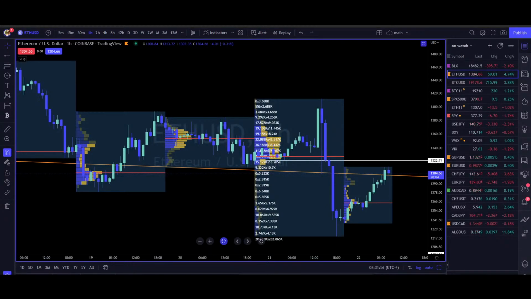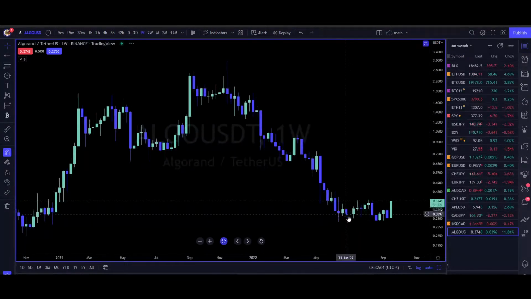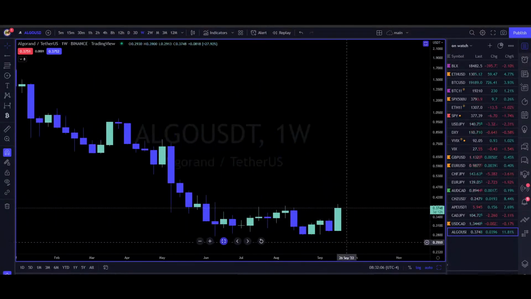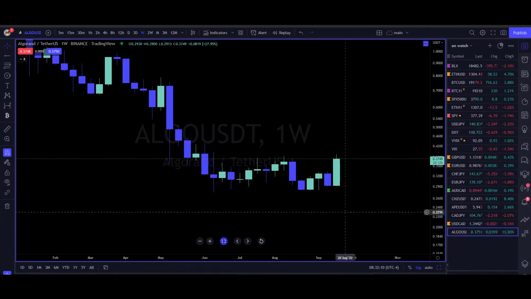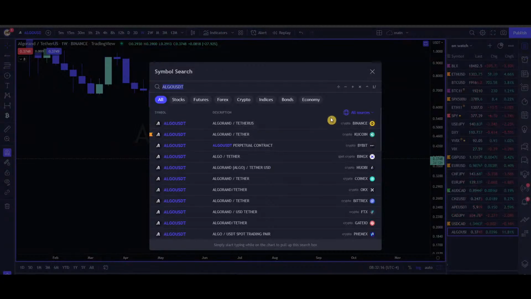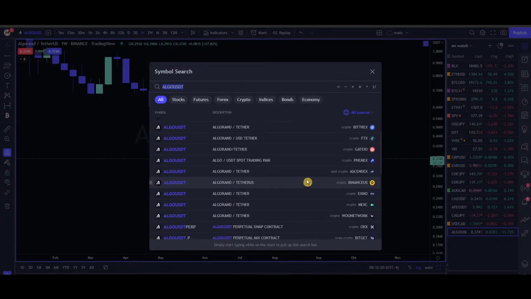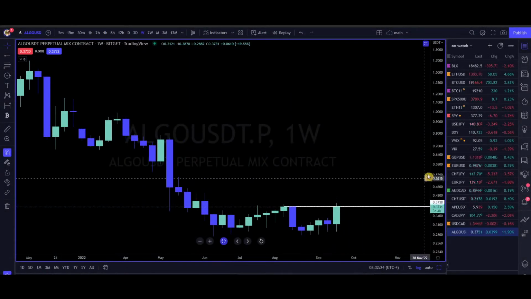Good mornings. Lots to look at. Algo on the weekly, yeah, it's up 27%. There's nothing that can be said other than it's moving really big. Big strong week. Straight up. On this one, it's not the same one. We need to Bitget one. There we go, because it's actually got the resistance level there.